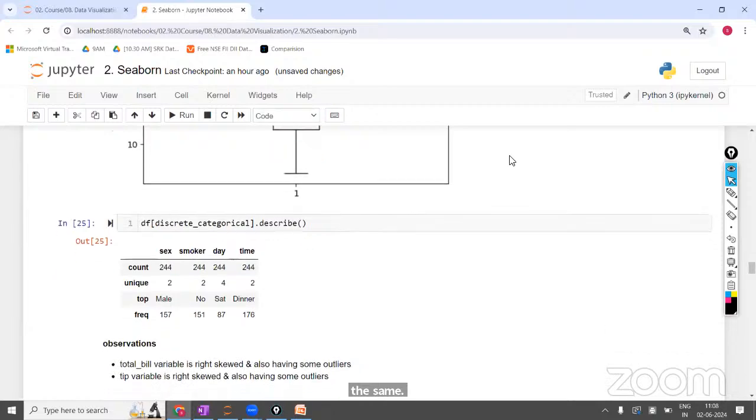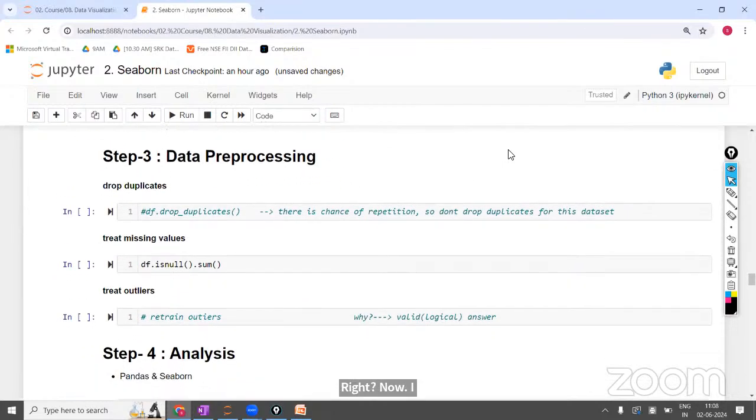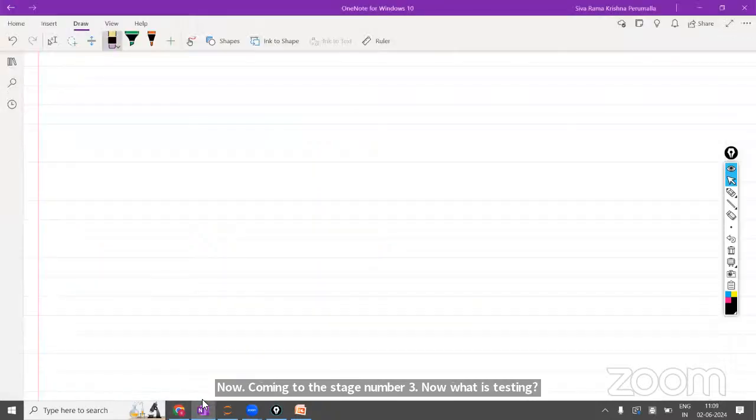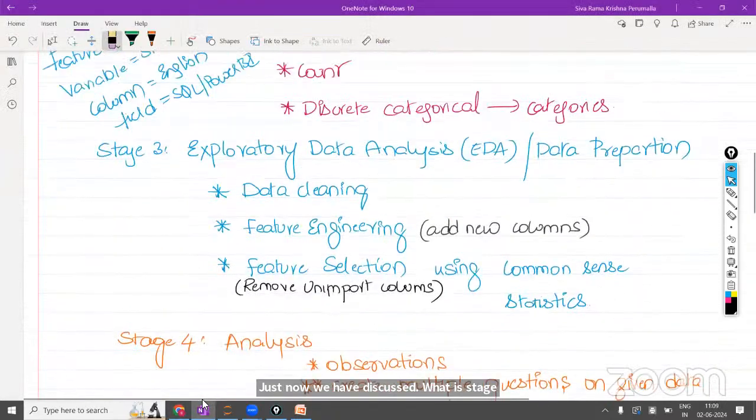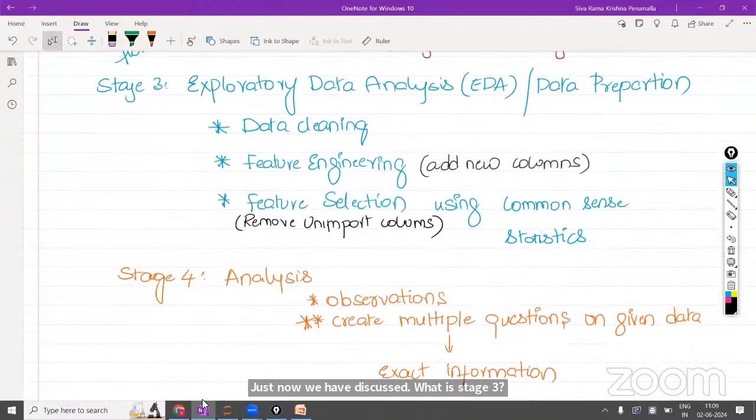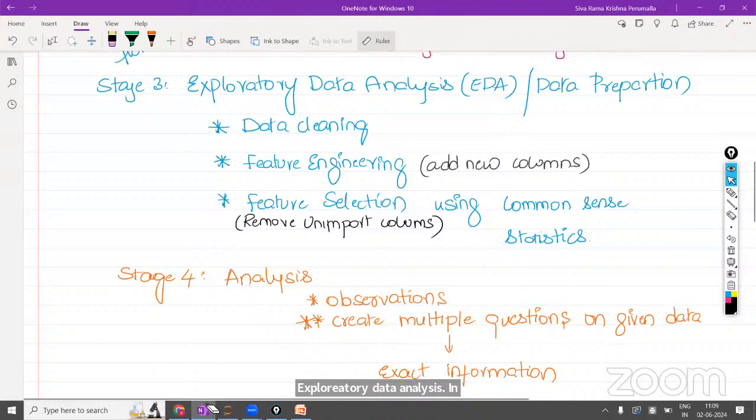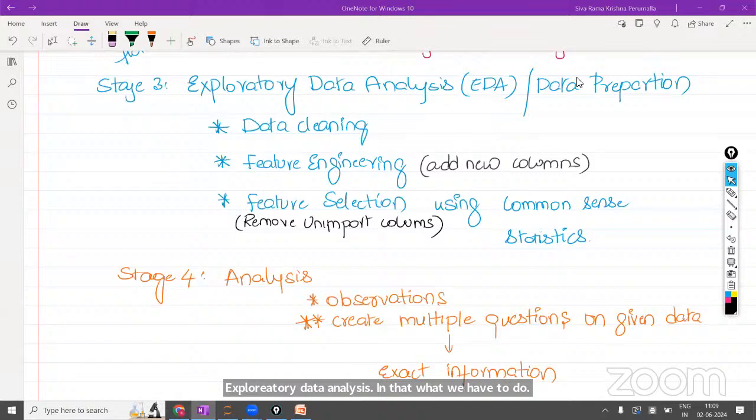Right? Now, coming to stage number 3. Now, what is stage 3? Just now we have discussed. What is stage 3? Exploratory data analysis. In that, what do we have to do? Data cleaning. What are the wrong data there? We have to clean the wrong data type. So now tell me guys, what are the steps included in data cleaning? What are the steps? First one is called